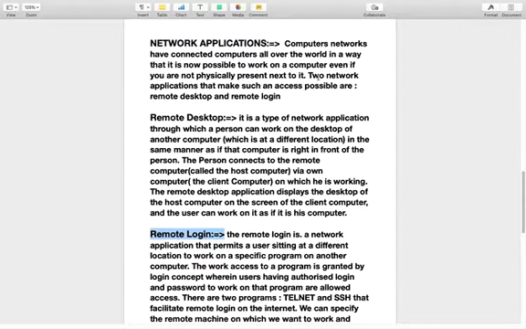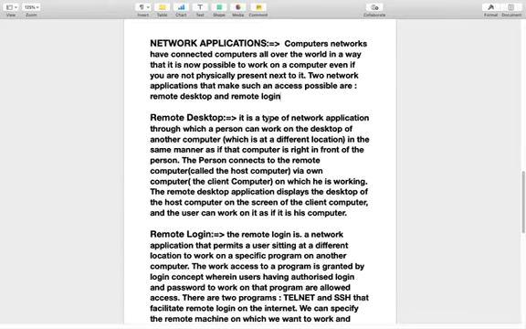So with today's network applications we can do this task. There are two types of application that make such access possible: remote desktop and remote login. Our first is remote desktop.